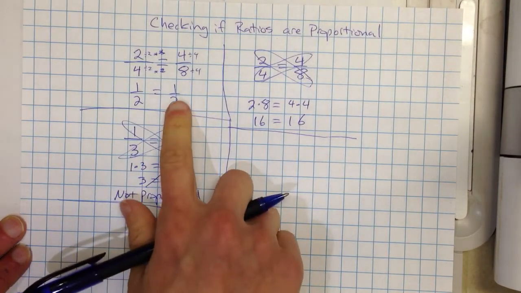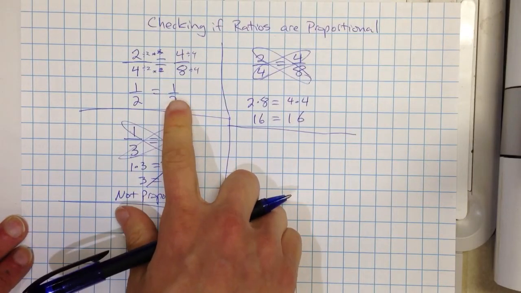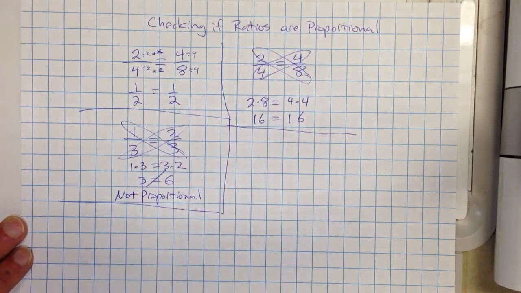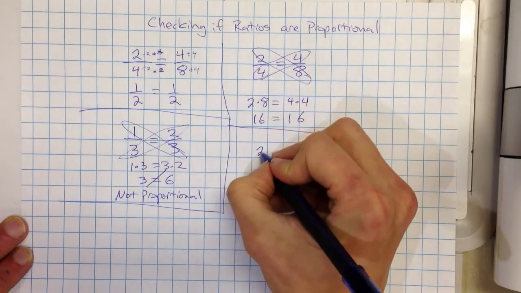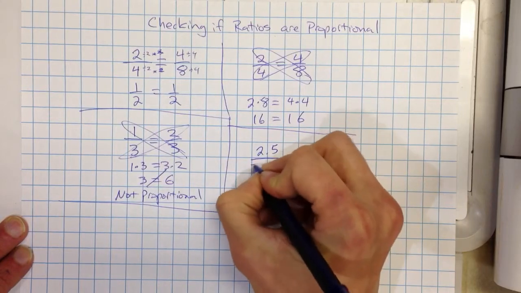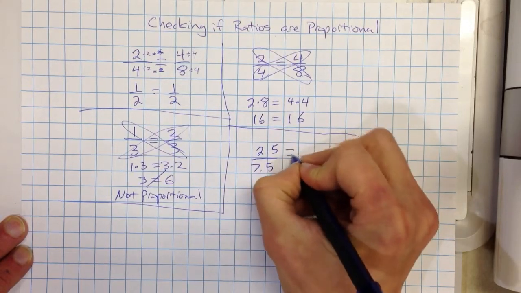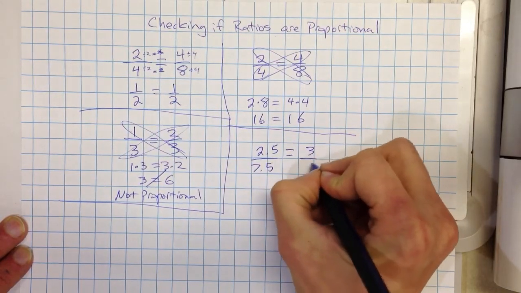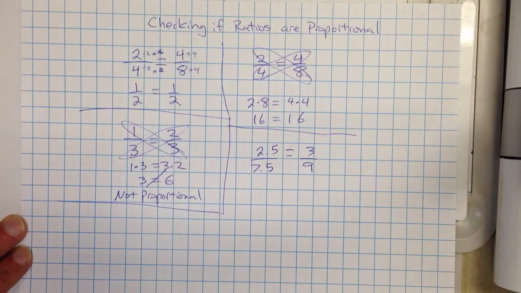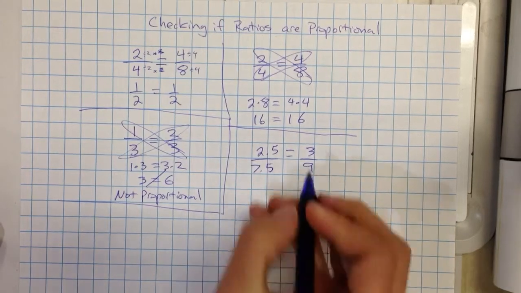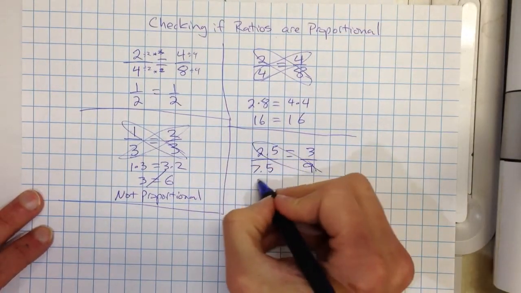If it's easy to simplify, we might have a really quick time. But we can also use cross multiplication, especially if we're seeing things like decimals. So if we had something like 2.5 over 7.5 equals 3 over 9, and you're asked, are these proportional? We might look at that and at first glance say, oh, that doesn't look like it's really proportional. But if we were to cross multiply,